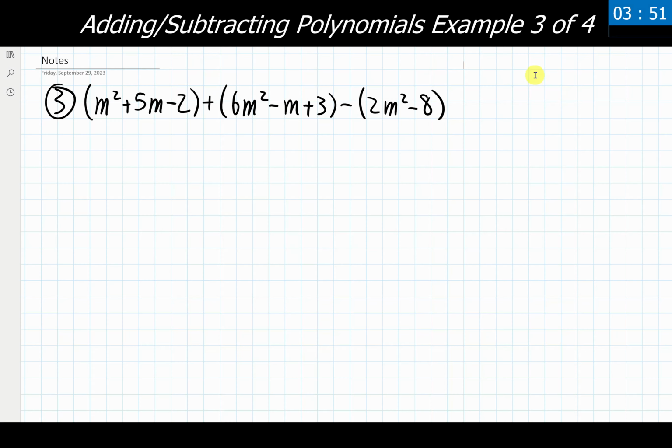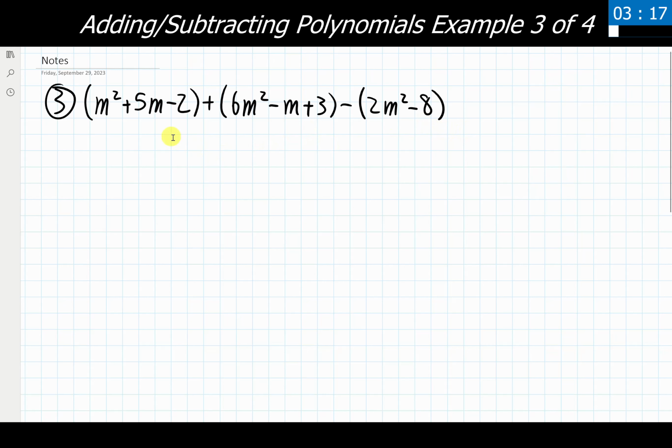Looking at our third example, we now have a trinomial plus a trinomial minus a binomial showing up in there. And this is really where the quote-unquote complications with these problems start to arise. We're just given more stuff that we need to add or subtract together, and just more stuff that we need to keep track of overall. Beyond that, there's not a whole lot else that can get really complex with these. We'll see in example 4 one last example of complication, but this is really just practicing our organizational skills.